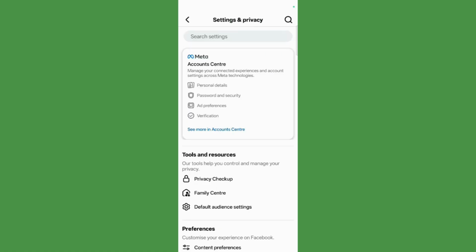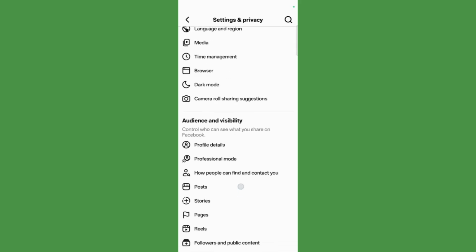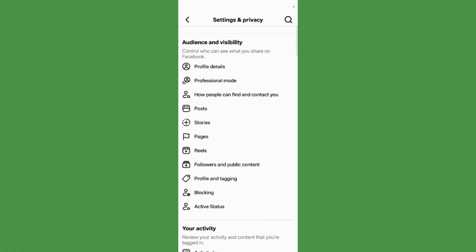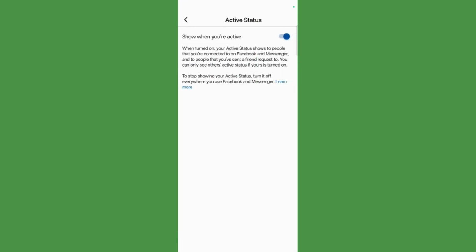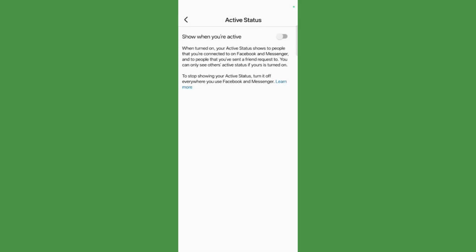Now inside the settings and privacy you will need to scroll down until you can find this particular status that says active status. You can find this under the audience and visibility section. Now click onto this active status and you can see show when you are active. It is currently enabled and you will need to disable this. Now it will ask you again, you will need to click on turn off, and that's how you can simply disable your active status in